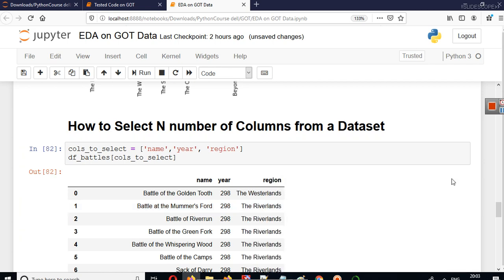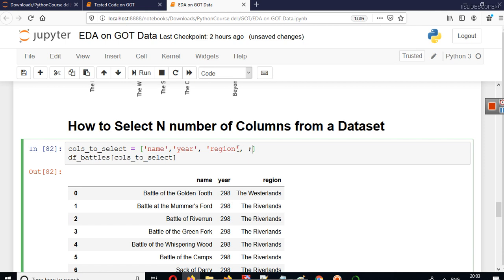So now you can see that we have name, year and region. You can increase or decrease any number of columns here by just writing them here. This is one thing that you must know when you are learning data frames, the basics of data analysis using Python.